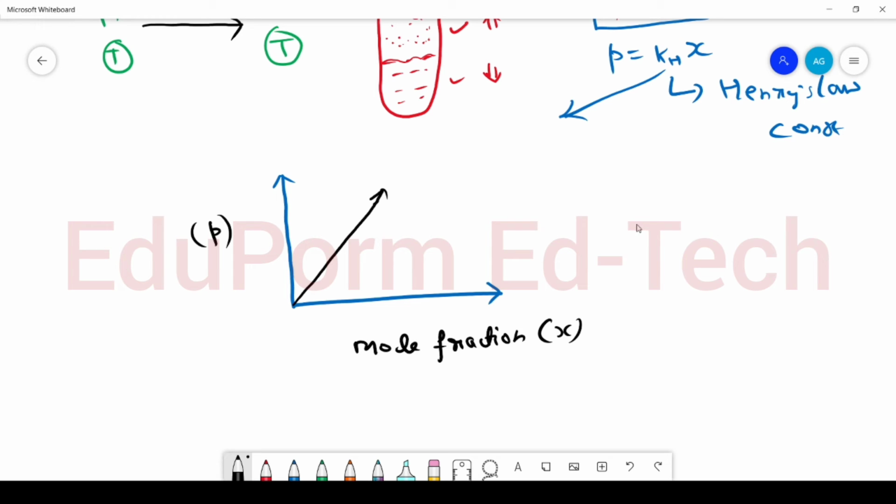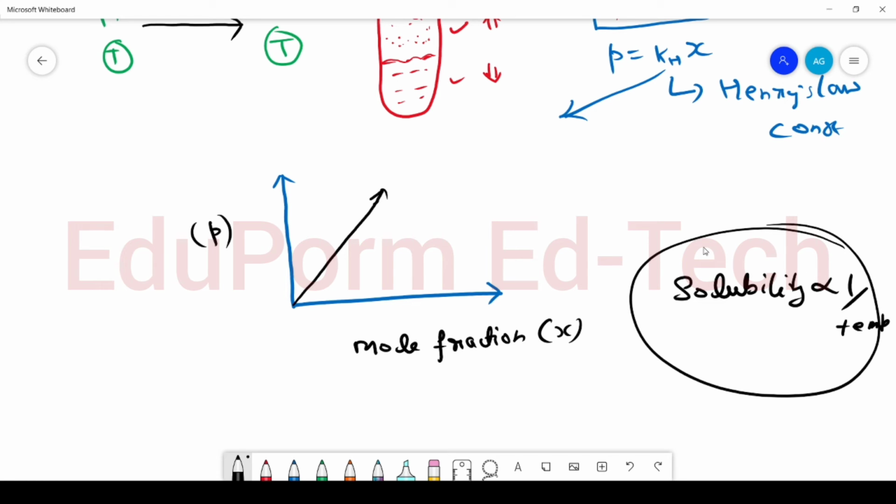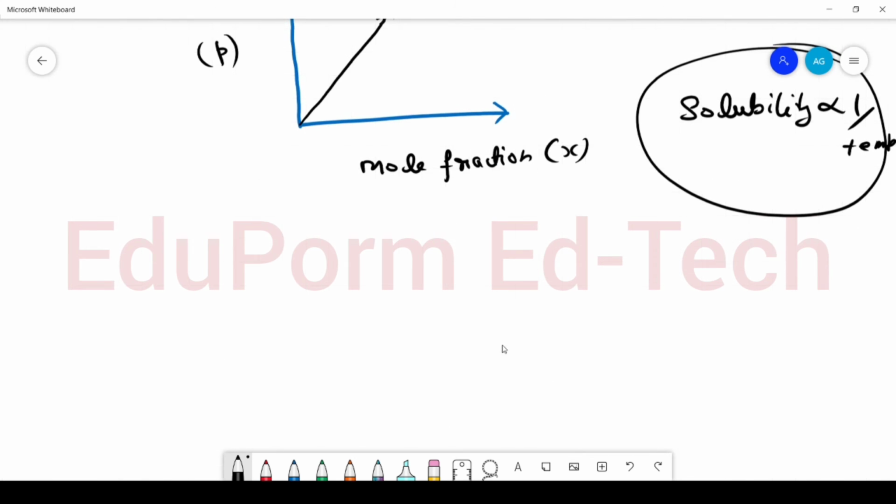As we increase the pressure and decrease the volume, the solubility of gas increases in liquid, whereas the solubility of gas decreases with rise in temperature. That means the solubility of gas is inversely proportional to the temperature. And why is it so? Because when we increase the temperature, gases expand, and when gases are expanding, their volume is increasing, and as their volume is increasing, the collisions are decreasing and the solubility is also decreasing. So now let's study the applications of Henry's law.